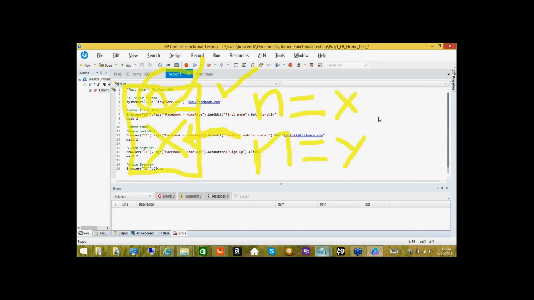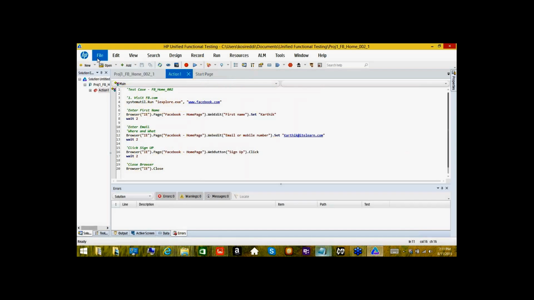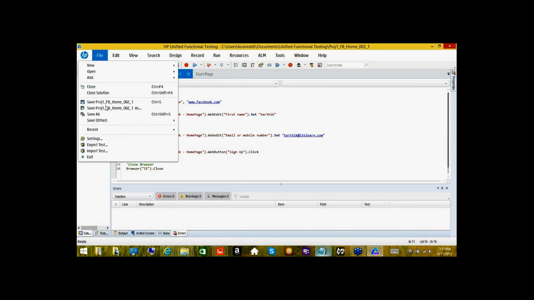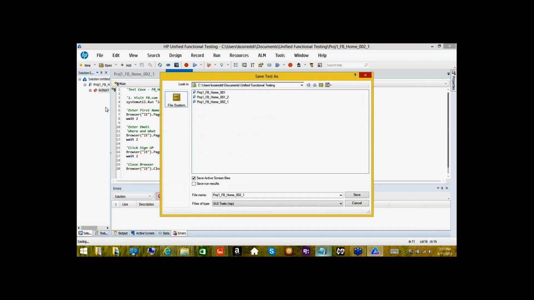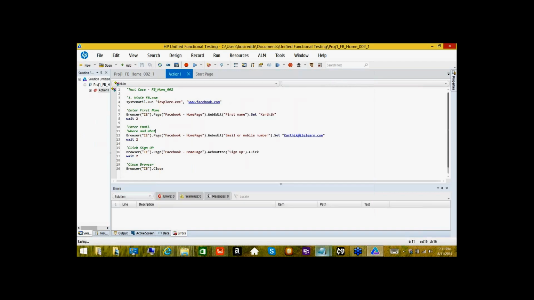So I'm going to quickly, number one, save this test as version 3 or version 2, save as. That way, each time you'll have one version to look at as you're watching the videos and practicing, you'll be able to go through them. Now,